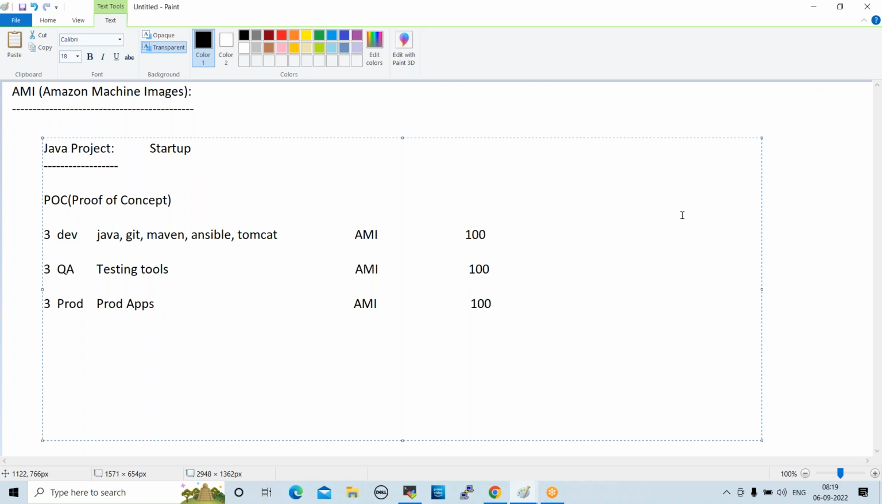In real projects, will different AMIs be there, or one AMI? The number of AMIs you can create is whatever you require. For development, one AMI; QA, one AMI; production, one AMI, whatever you require. You can prepare that, right? By using that, you can